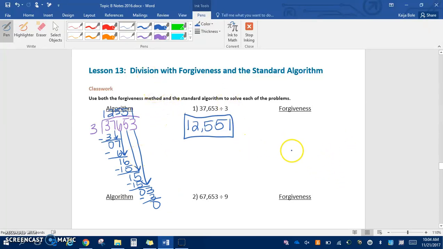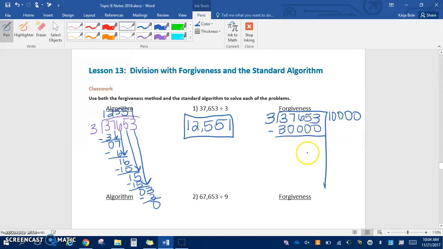Okay, so now if we check it with the forgiveness method, I'll go back and write this in how we usually would. Draw my line, and the 3. Now when we're looking at our answer here, we know that we probably need to start with 10,000. So if we take out 10,000, that means we'd be subtracting 30,000. So we would get